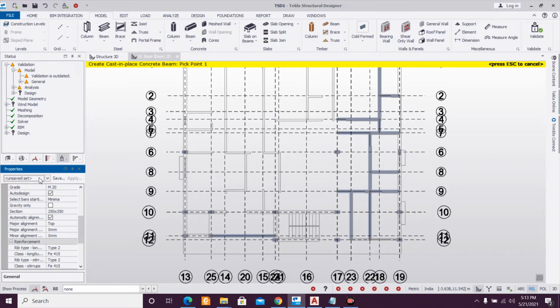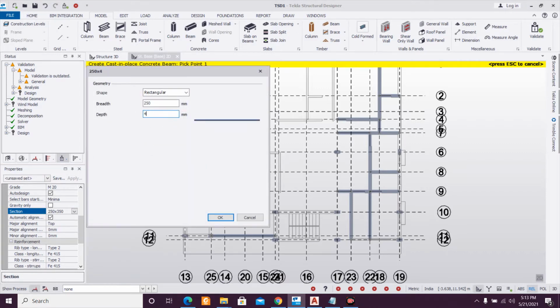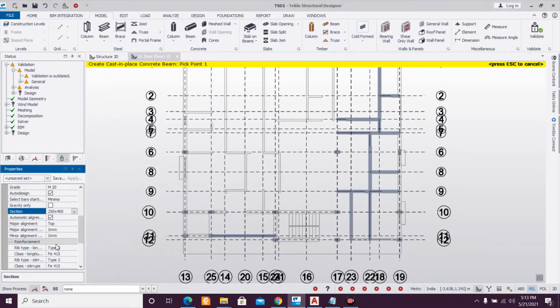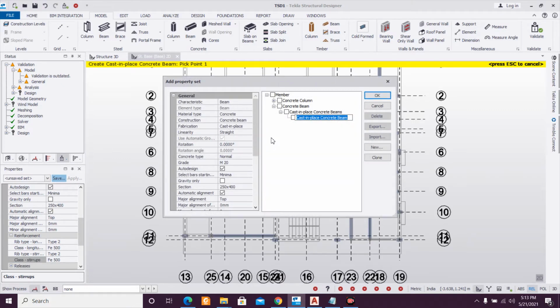So let me define the size as 250 into 400 for the plinth beams, FE 500, and after clicking on FE 500, just click on save. B 250 cross 400.